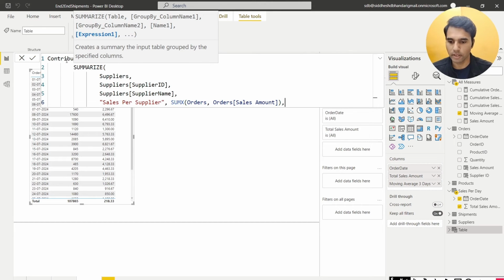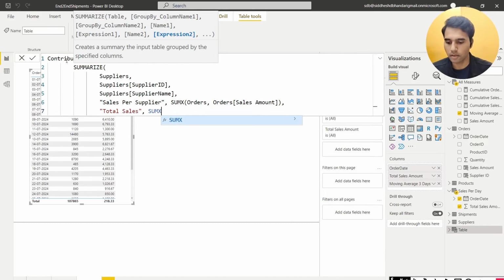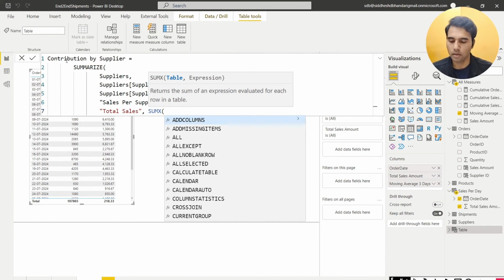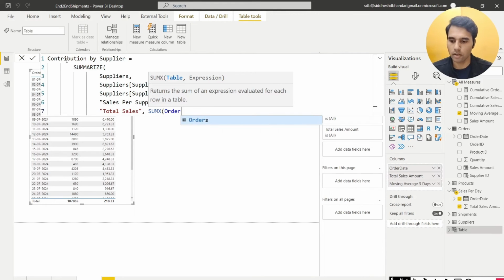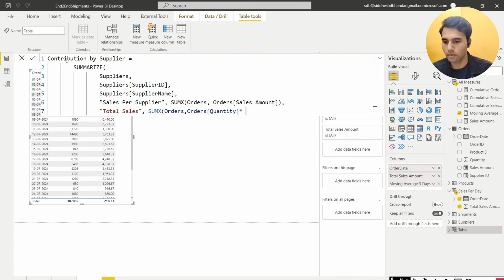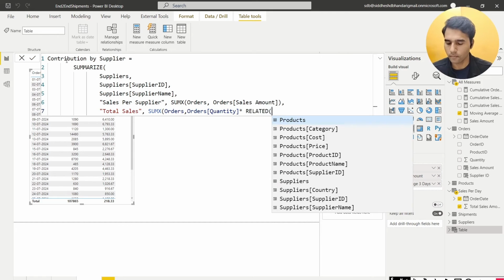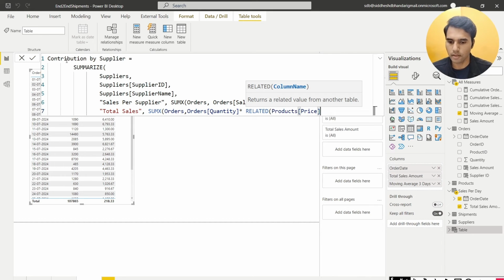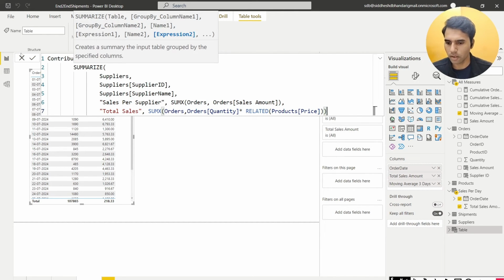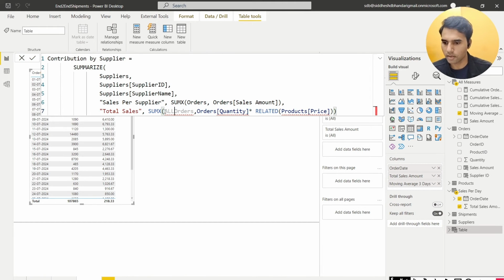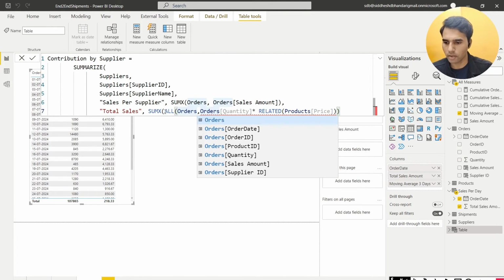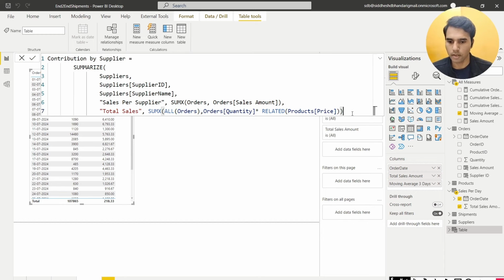We don't need to do any multiplication in this case. Total sales will be sum x. Well, this is tricky. Orders price, orders quantity into related products price. But since I want to negate the effect of the inherent filter context, let me wrap this around an all function. And then